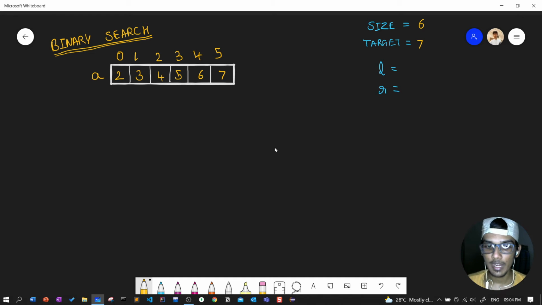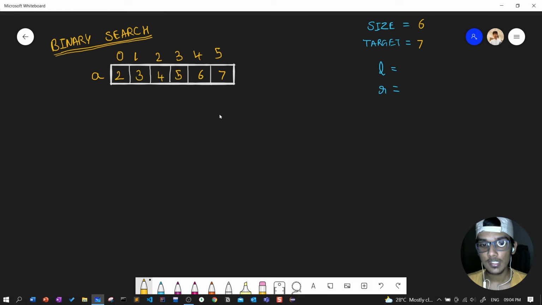What's the main thing behind the scenes? We can compare linear search and binary search. Linear search iterates through all the elements from the position of index 0 to index 5. When it finds the target, it breaks the loop, and then returns the position of the value which is present in the array.